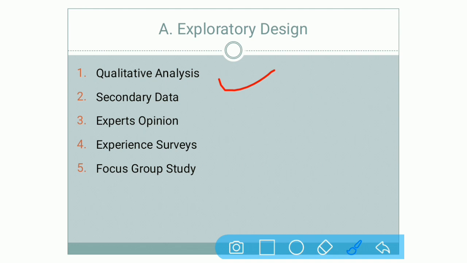Now how informal way is there? Take for example, if you are having one restaurant. If customer comes to your restaurant and after taking dinner, breakfast or lunch, whatever they take in your hotel, after taking it, if they discuss something that this was good or bad or certain improvements are required, if you are only listening to their conversation and noting down all the things that whatever they are discussing, and then if you are improving in your food, that is known as the qualitative analysis. That is informal way.